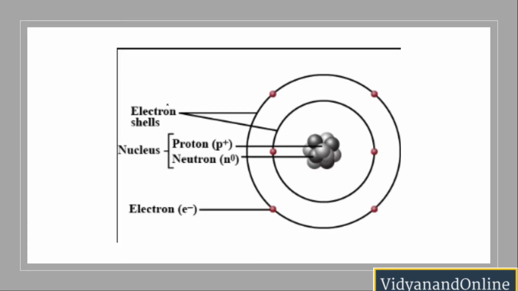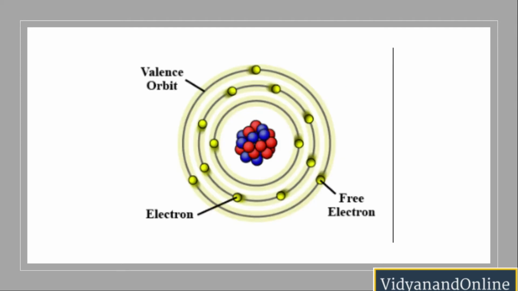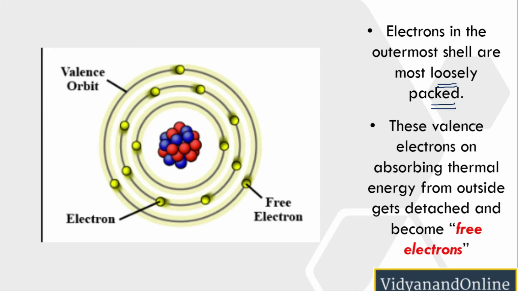So an atom consists of nucleus and electrons revolving around it. Nucleus consists of protons and neutrons. So protons are positively charged and neutrons have no charge. Now these electrons are actually revolving in their electron shell. So if we consider here that the electron in the outermost shell is actually called the valence electron, and these electrons are free electrons. I will tell you why. This is because on providing a little amount of energy, they get detached from the atoms and become free. So the valence electrons are also called free electrons.